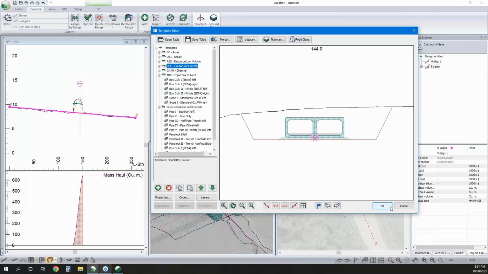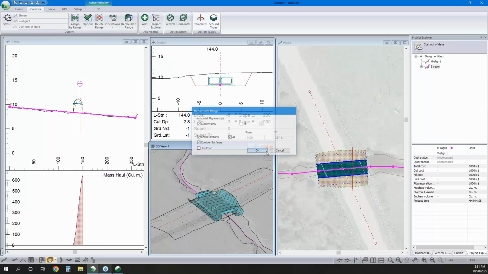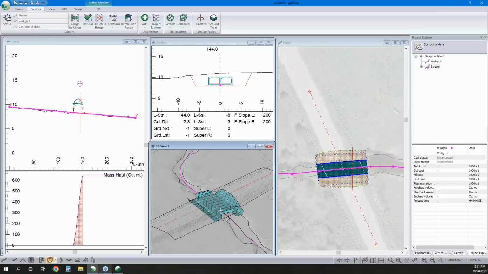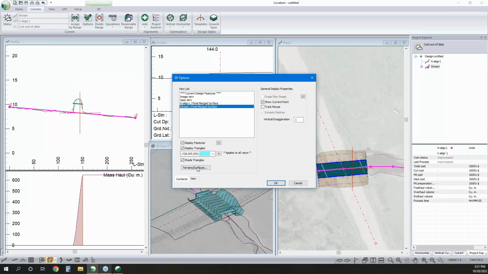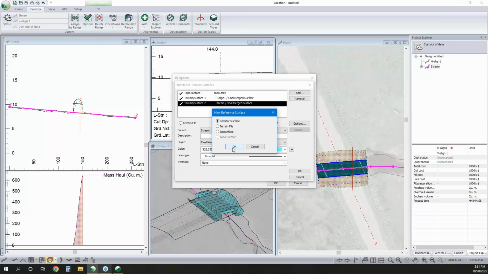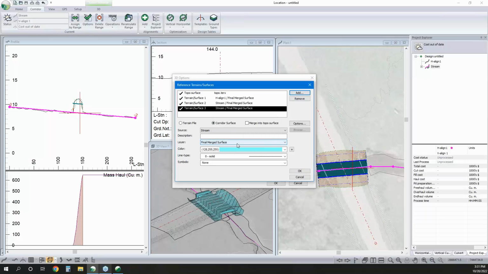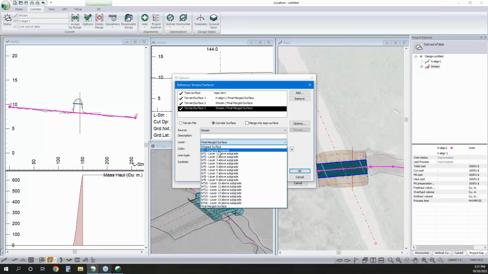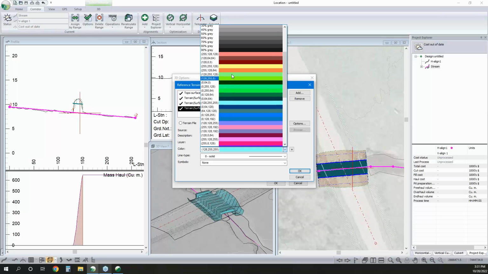So I'll hit OK. So I am going to make this look a little prettier. So I'm going to add in another corridor surface. So there's different layers in those templates. So I want to see my subgrade. So I've got my stream alignment. I'm going to select my subgrade. I'm going to make that,